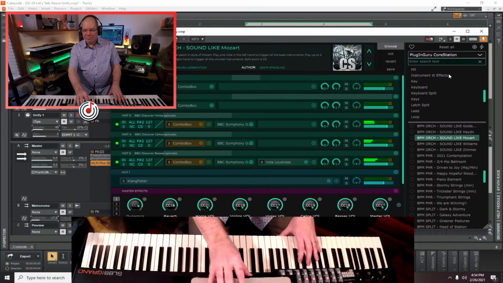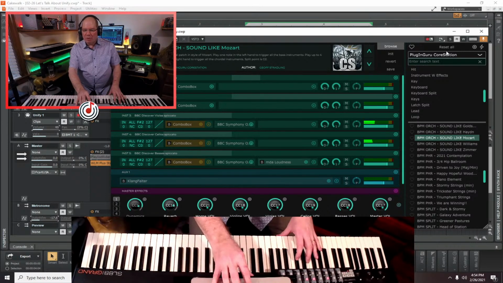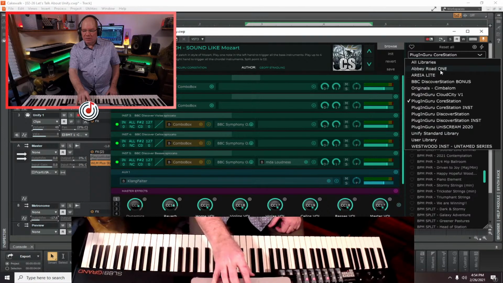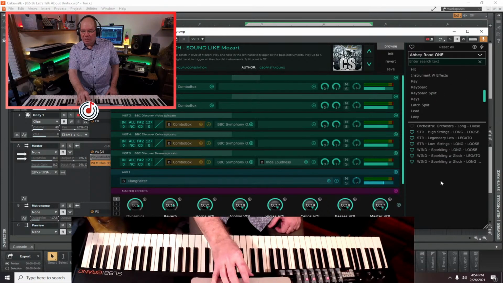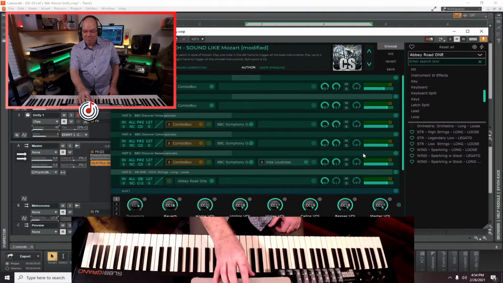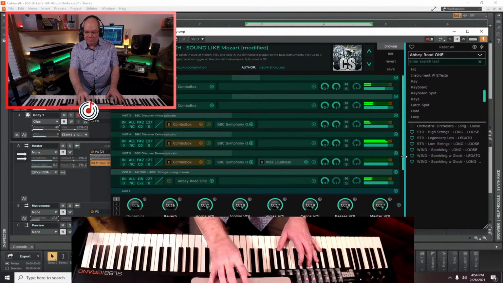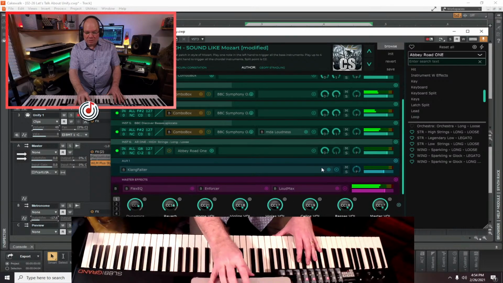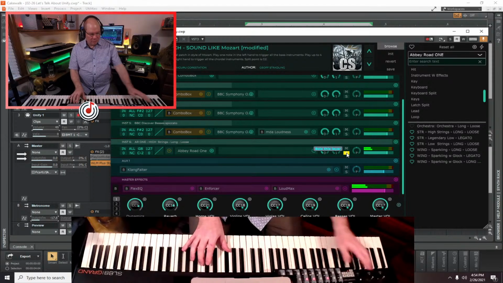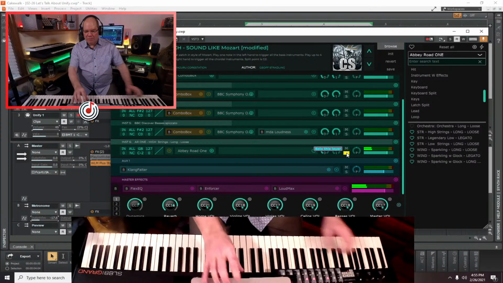Okay, I want some strings on the top of there, so I want to be able to play a melody here. So let's go to Abbey Road 1, and I'm going to load up the strings, the high strings, and I'm just going to add this to this current patch. So now I have this Abbey Road 1 loaded up here. So now when I play this,